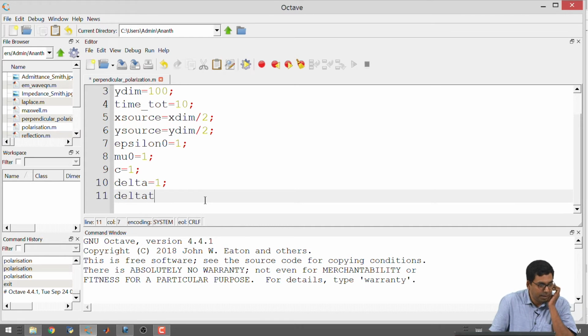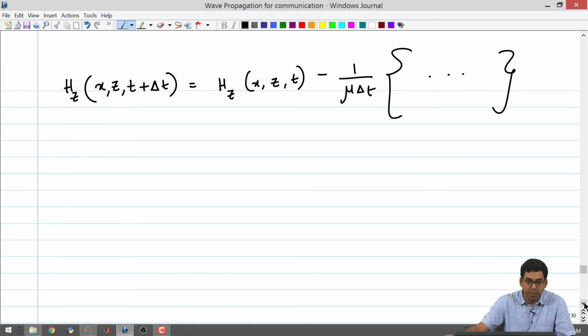Now, here there is a catch, okay. Delta t. Previously, when we had done all the simulations, we had also used delta t equal to 1. Okay. We had used delta t equal to 1 in our previous programs. Here we have to be a little bit careful, all right, because delta t equal to 1 can lead to instabilities in the program, all right. I will not go into a large amount of details for this because there is an advanced course for you to take, computational electromagnetics, all right.